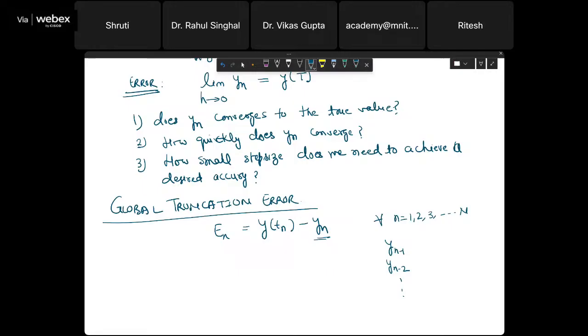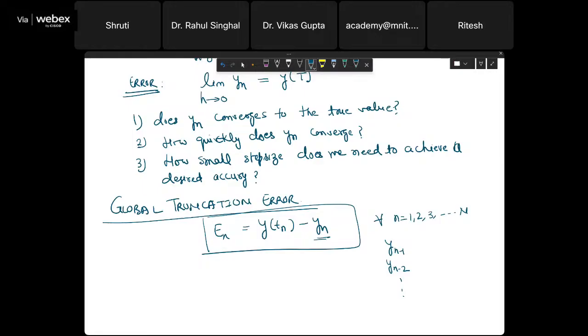Okay, so it means if we want to know the solution, we know the solution exactly at these previous points, n plus 1, n minus 2, etc. Then the error you will calculate in the next step. That will be the error involved in that particular step. Okay, this is the global error